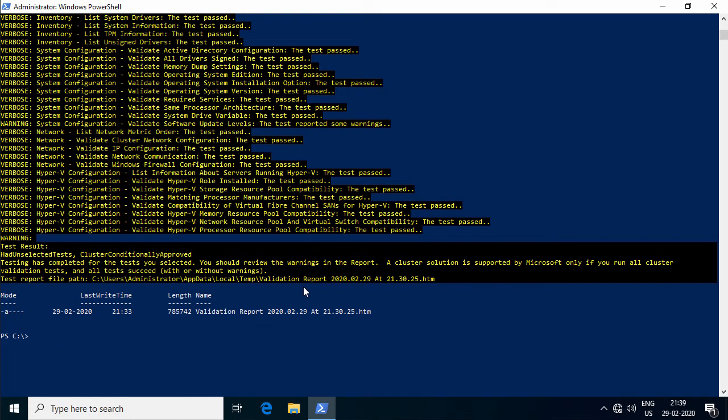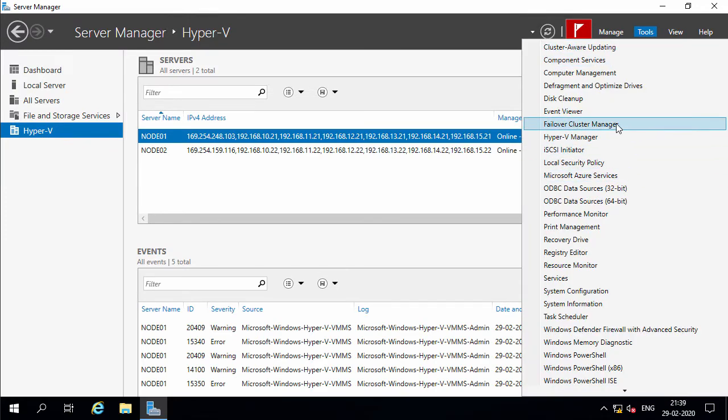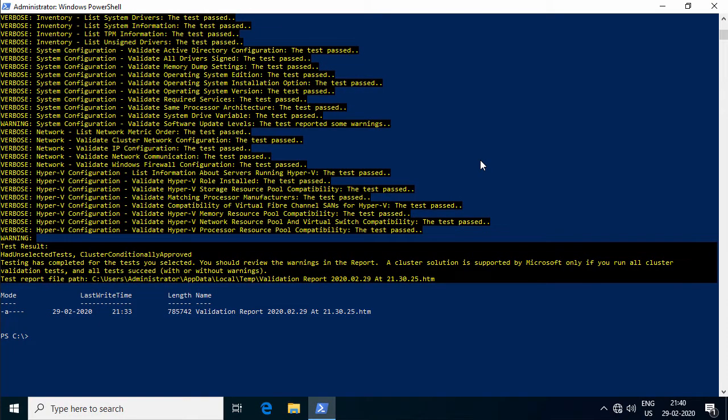Now the failover cluster can be created using the Failover Cluster Manager MMC snap-in, which would be available on the cluster node, but it can also be created using this PowerShell cmdlet.